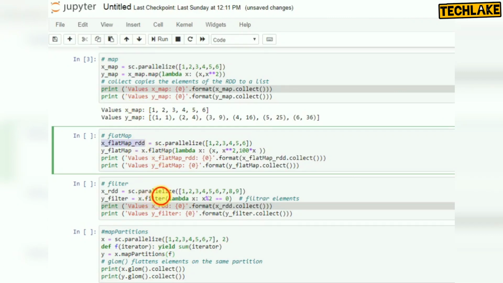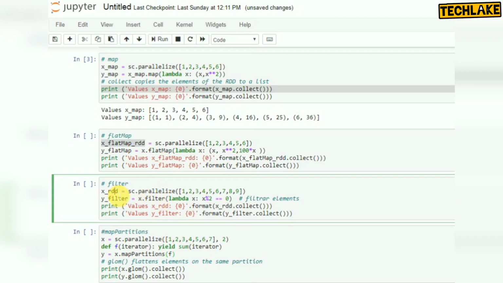This is the filter. Here also we are using one function where x divided by 2 is equal to 0. So we filter those values; whichever is not equal to 0 will not be displayed.